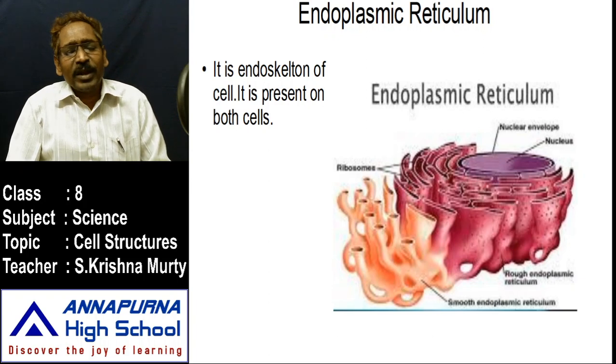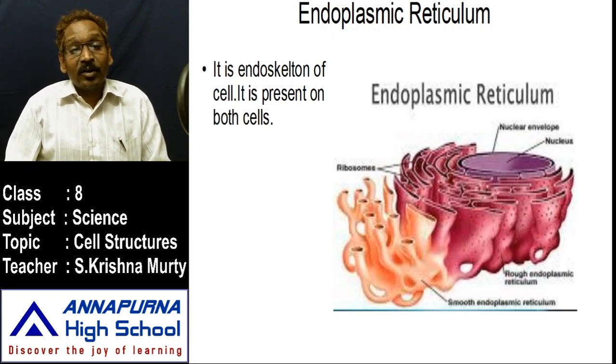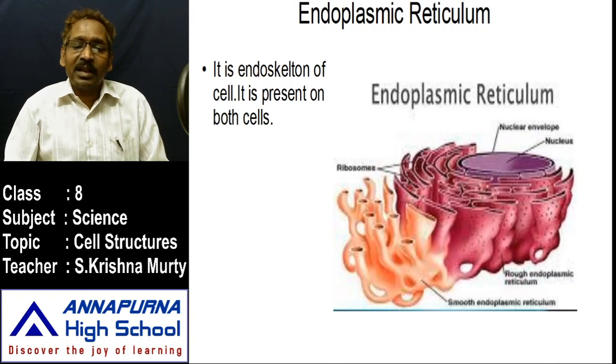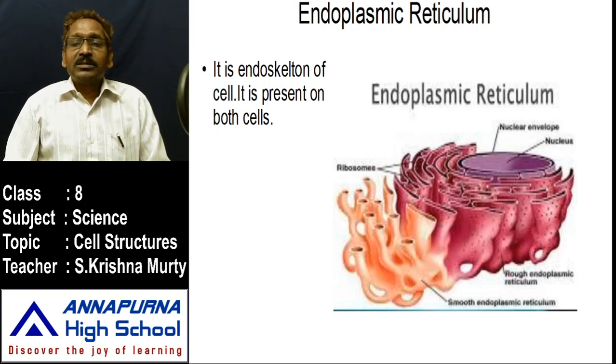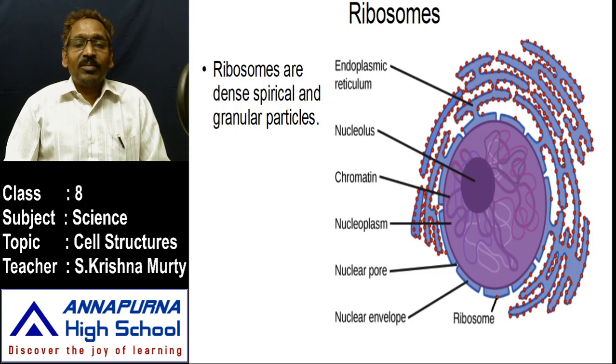What is the first membrane of the plant cell? Cell wall, plasma membrane, and there is also another kind of membrane. It is present beneath the plasma membrane in plant cell and animal cell. What is the third membrane of the animal cell? The third membrane of the animal cell is endoplasmic reticulum. So let us observe this diagram. Later we will discuss endoplasmic reticulum again. Thank you.